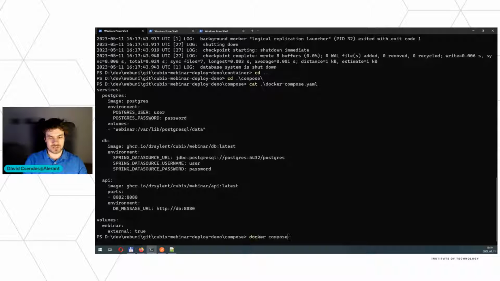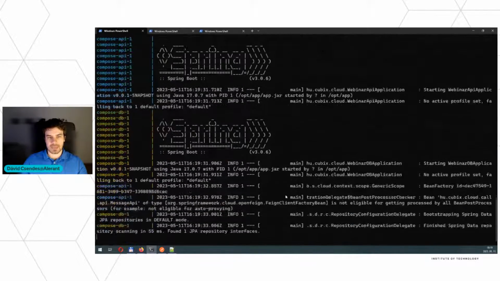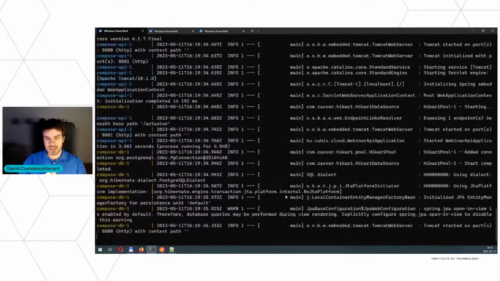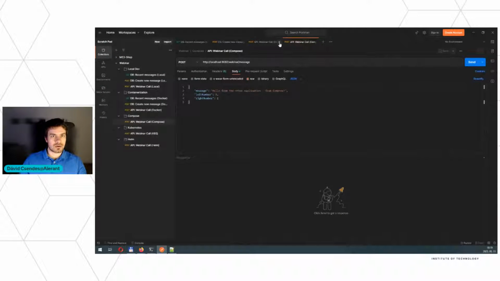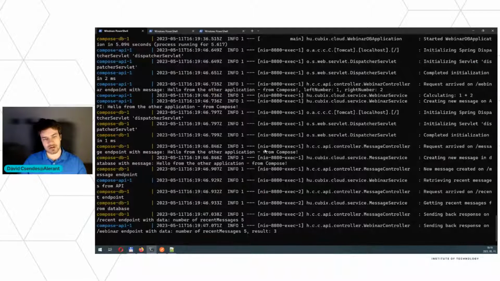So if I just put in Docker Compose up, it will be created, and it will start up all the containers at once, and I can stop them at once. And it is also really nice that it will cross the logs together. So for example, right now I'm calling from the compose for the Docker Compose,